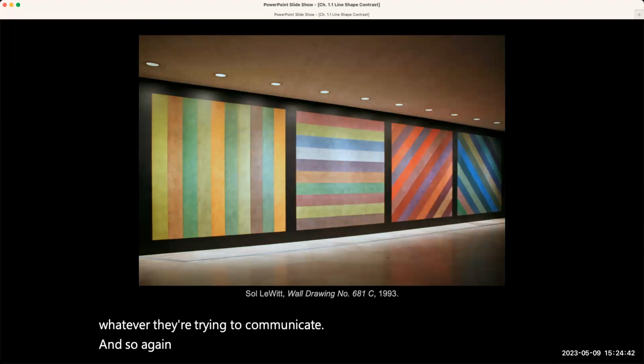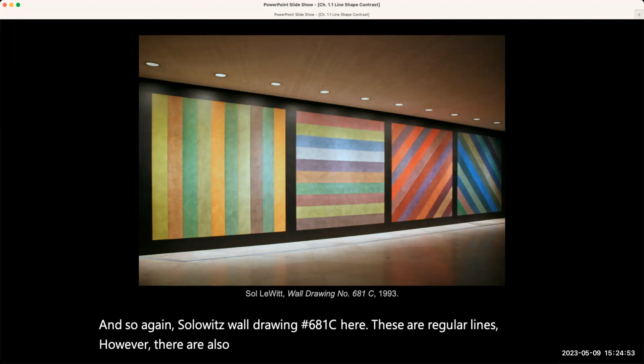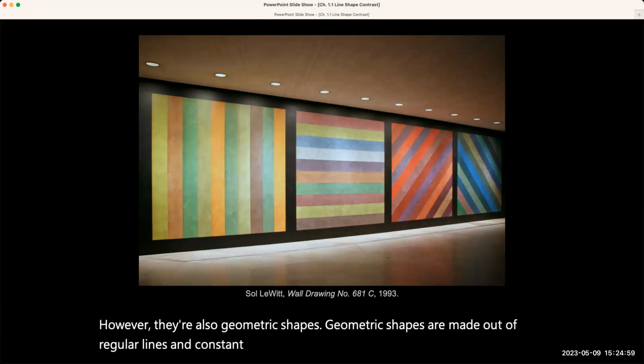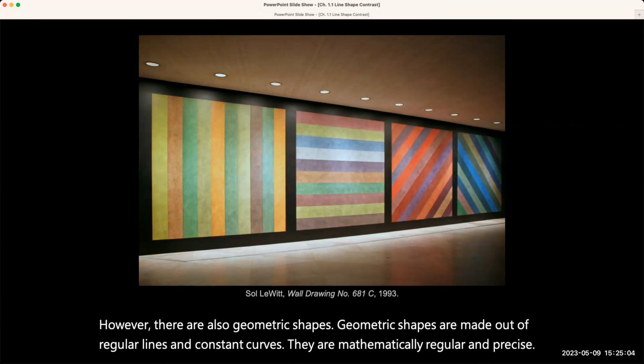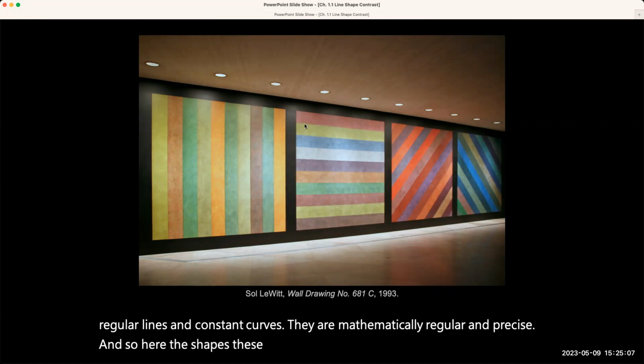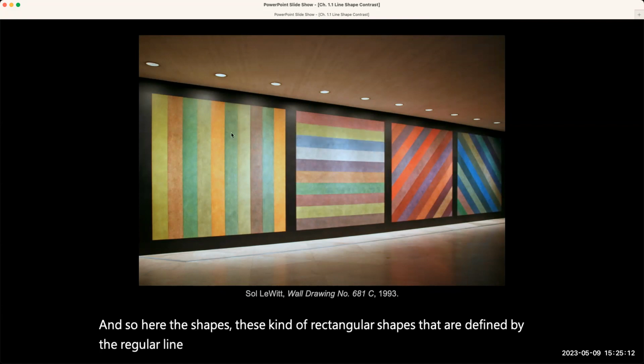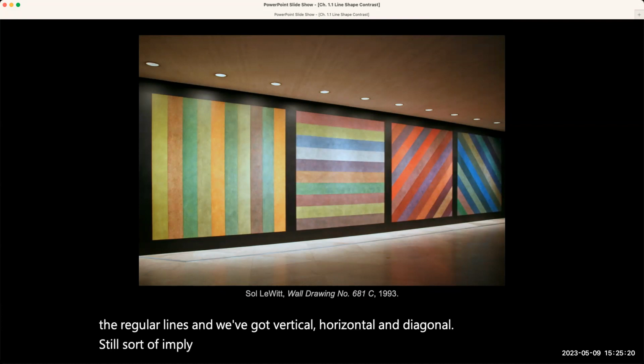So again, LeWitt's wall drawing number 681C here. These are regular lines, however, they're also geometric shapes. Geometric shapes are made out of regular lines and constant curves. They are mathematically regular and precise. And so here, the shapes, these kind of rectangular shapes that are defined by the regular lines, we've got vertical, horizontal, and diagonal, still sort of implying precision, control,